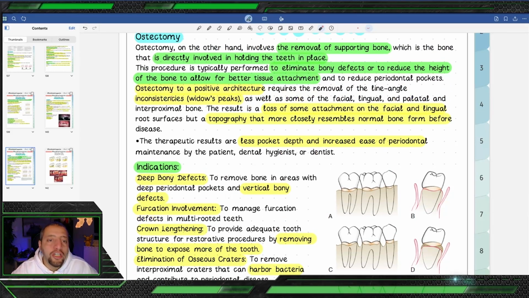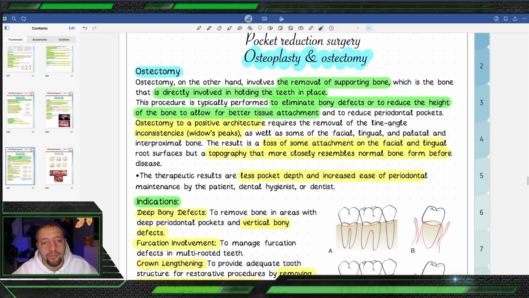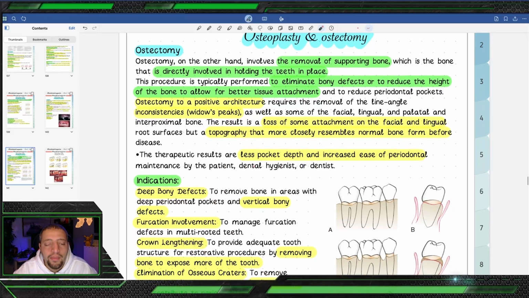Osteectomy to reach positive architecture requires removal of the line angle inconsistency. This is what they call the widow's peak. So the widow's peak indicates which type of surgery? Osteectomy. Why? Because we would like to reach the positive architecture, which removes some of the facial, lingual, palatal, and interproximal bone. The result is a loss of some attachment on the facial and lingual root surface, but a topography that more closely resembles normal bone, which is positive architecture. So the end result will be recession with a good architecture, which will lead to less pocket depth and